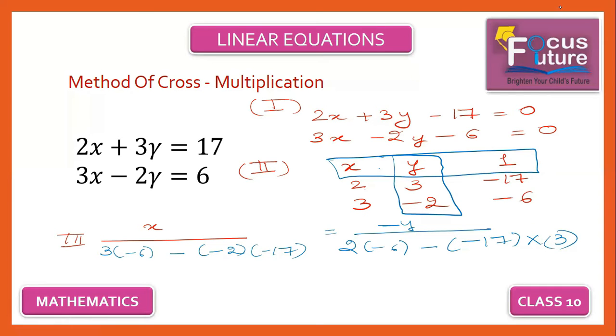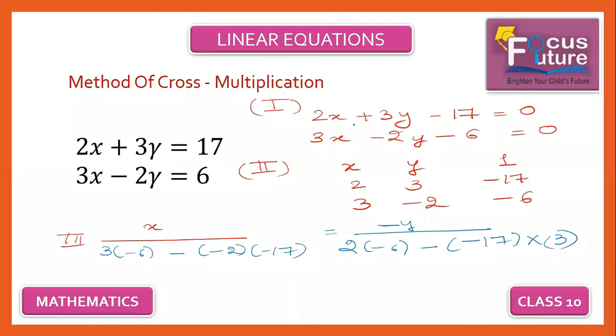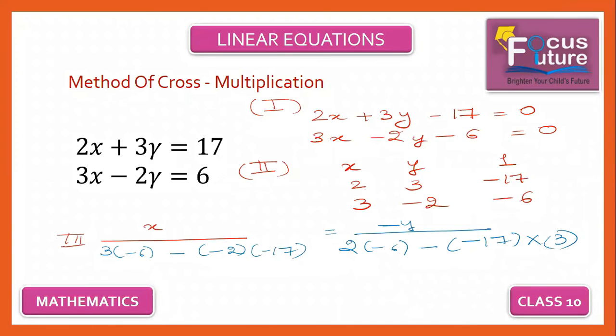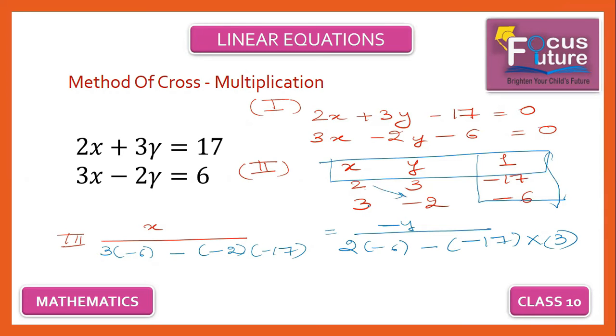Now let us calculate the constant part. So for constant part, what you will do? You will leave this row and this column part, and rest you would cross multiply this and this. So equal to 1 divided by 2 into minus 2 minus 3 into 3. Now fourth step, just solve it.